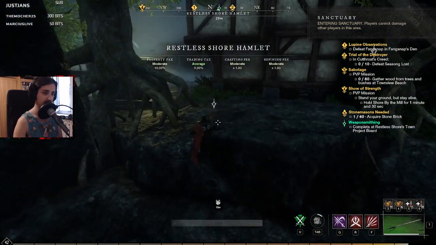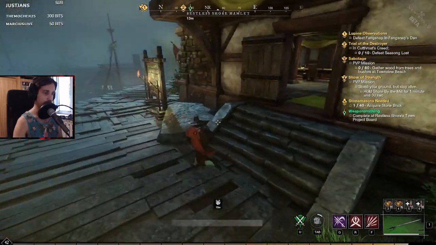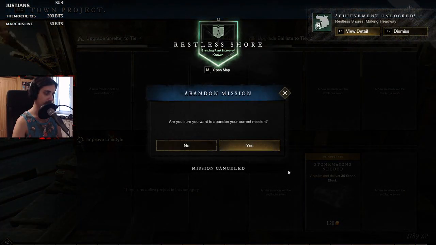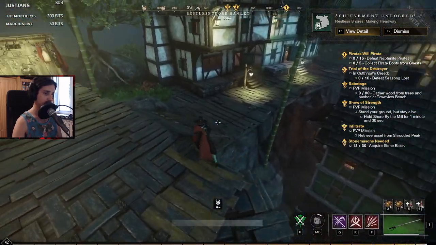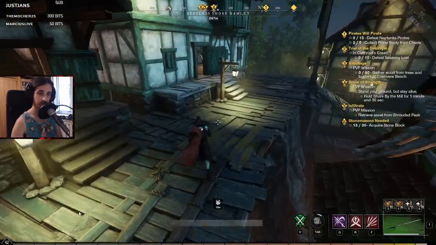See, you can just climb here and that's the board. Nice, okay. I like that. I like that there's no invisible walls around the town or anything like that. Let's... Can we craft this for the stone blocks? Let's see, we can cancel it without running to the board, so...